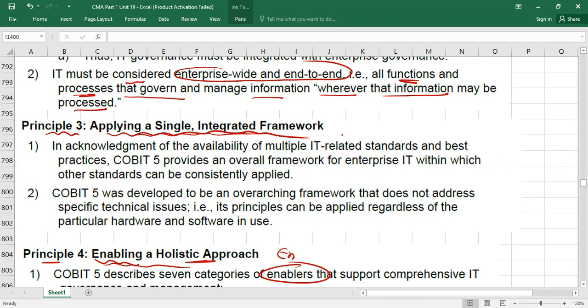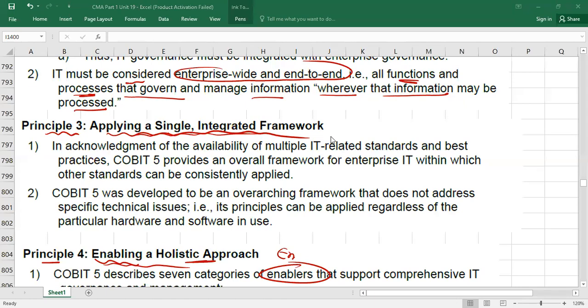What it means, guys, is that as we have many different frameworks for accounting, like IFRS and US GAAP, in the same way for IT we have various frameworks. Cobit is there, ISACA is there, COSO is there. So there are various frameworks available. The COCO model is there, which is Canadian based. Cobit is European based. The COSO model is there, which is, I guess, also American based. So there are different frameworks being applied. Whatever framework you are applying, they are saying to apply a single integrated framework. Follow one framework. You can add some principles into that, but follow the guidelines of one framework.